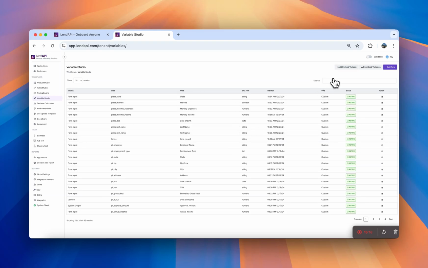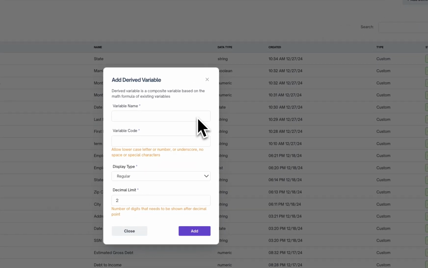Let's try for a derived variable. So when I said earlier that the derived variable is really utilized to create mathematical expressions and for you to leverage for your decision engine or pricing engine or even your product studio, it's really powerful for users to activate. So let's do this. Let's create a derived variable for our